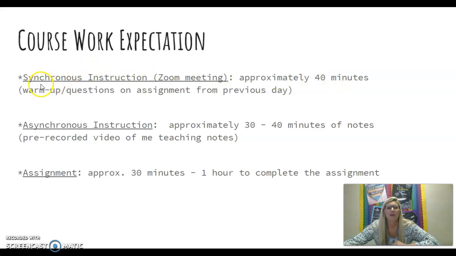During this time, we have a warm-up that they complete and we go over, and then they ask questions on the assignment from the previous day. In our chat box, I have them write down which questions they have. I'll go over those questions for the entire class. After their live session,